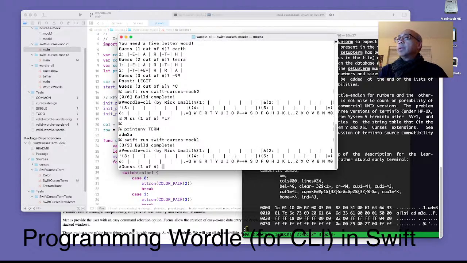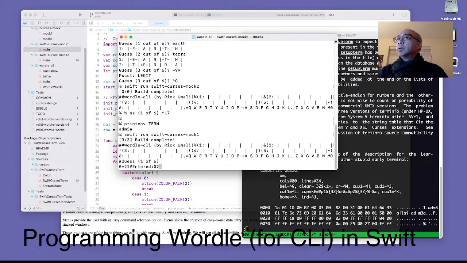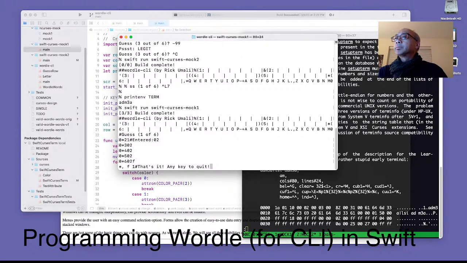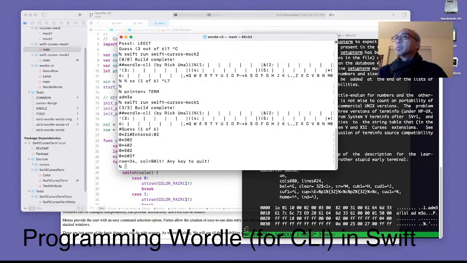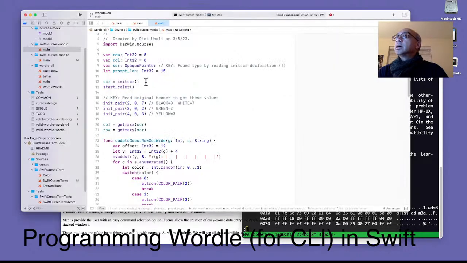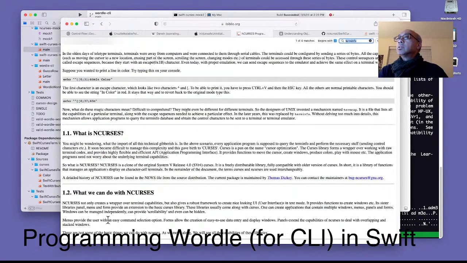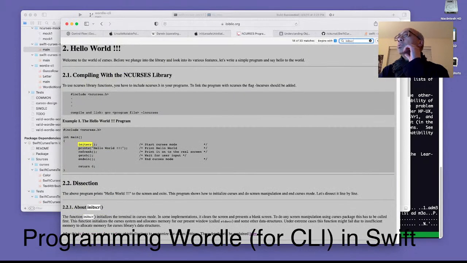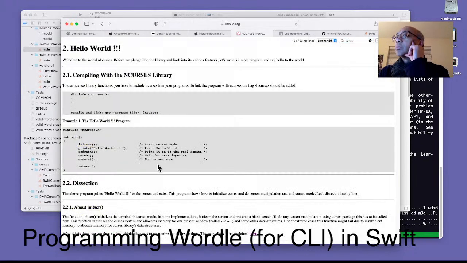But if I just say, yeah, see, row 24 and 80 are returned. It doesn't say anything about the screen state. Like init screen should return something. It says start curses mode, but